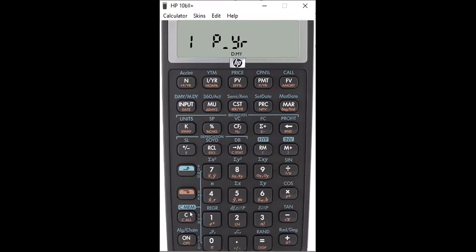So you clear your calculator first, you press this button, then make sure it's on 1 P/YR. If it's not, you need to adjust your calculator. By default, your calculator will be on 12 P/YR if you buy it and it's a new calculator. So to change this, you press 1, the red shift button, then P/YR, and now my calculator is fine. So I say 730, as a negative,